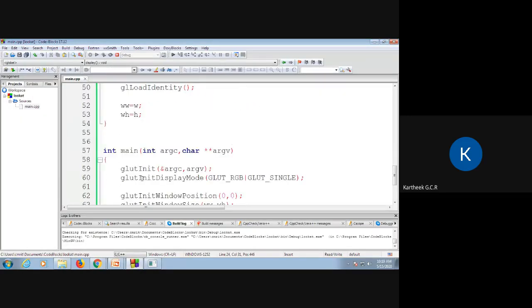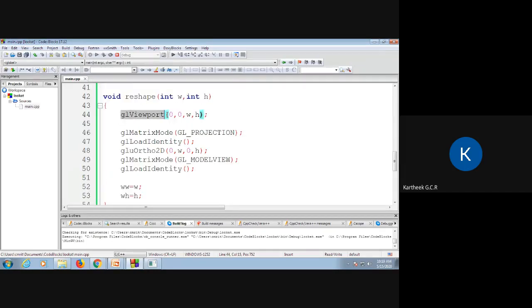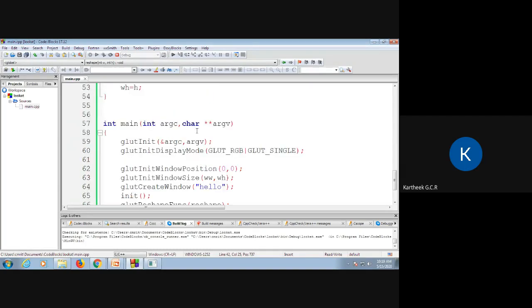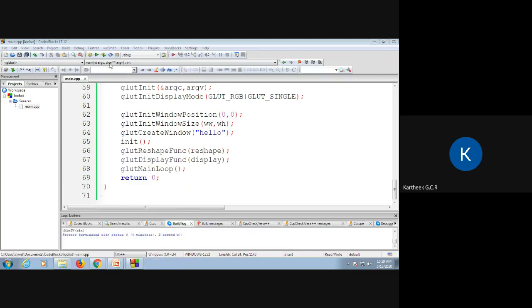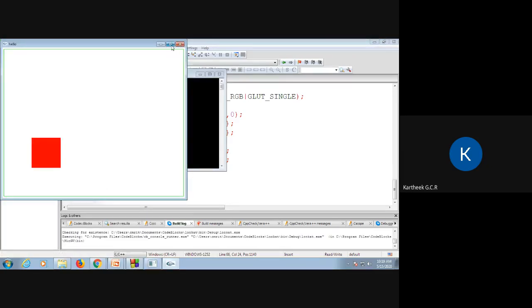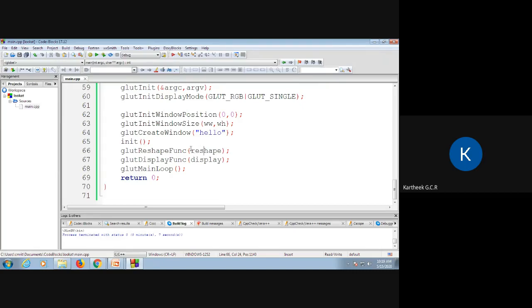So what would you do in the reshape function is you are changing both the viewport and the view volume to the new size. The reshape function will be called whenever there is a change in the shape or the dimension of the display window, right? It can happen because you stretch the display window like I did now, or it might happen because you maximized it, right? So it might happen because of this or this. So this will trigger the reshape function.